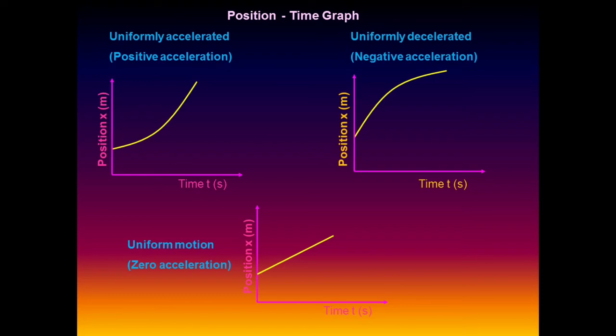And in these three graphs, the first one is what? The position-time graph of positive acceleration, right? This gives us the slope for the instantaneous velocity of the body, that is, a small change in the vertical coordinate by a small change in the horizontal coordinate, which is nothing but dx by dt, equal to the velocity at any instant. Is it right? In the same way, for the graph of zero acceleration, the change in velocity by time, that is acceleration, gives the acceleration of the body for all the three graphs, right?